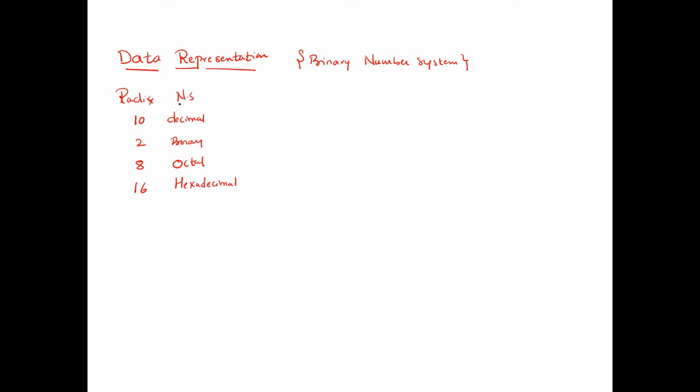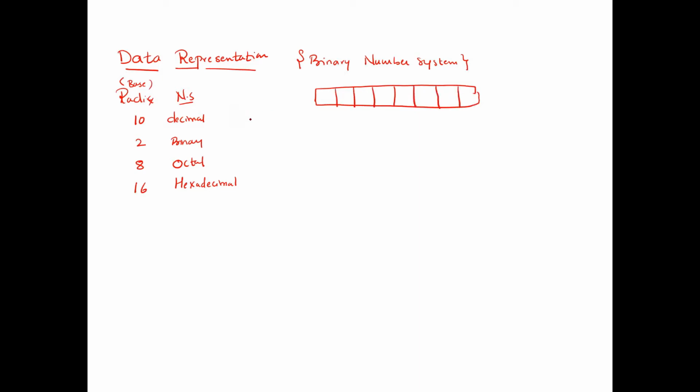So this is the number system. And how many digits do we have in this? Totally 10 digits in decimal, 2 digits in binary, 8 digits in octal, and 16 digits in hexadecimal. You can also refer to this radix as the base. Now we have a place value system for this. I'm going to plot the place value of both the fractional part and the integer part.